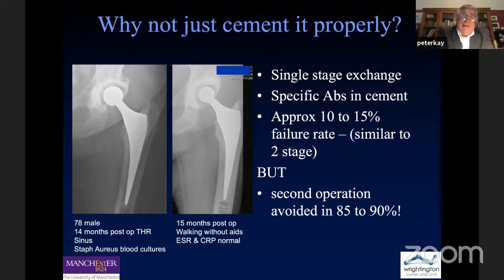I mean, if you don't like the idea of one-stage revision in some senses, what you can always do to take the heat off your own decision making is to say, well, actually, I'm not really doing a one-stage revision here. Maybe it is a two-stage revision, but I'm using a definitive prosthesis for the first stage, and it may well be we never actually get around to needing to do the second stage, and we've sorted it all out with the first stage. And the fact that you avoid a second operation, most of the time, one-stage revision is definitely the place to go.